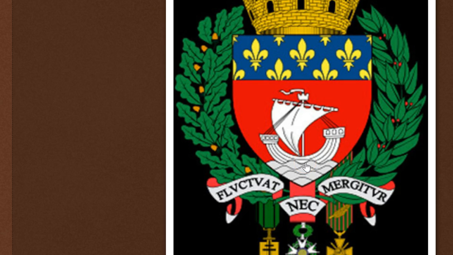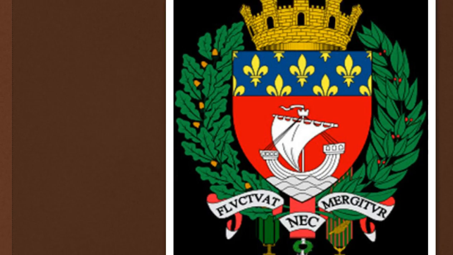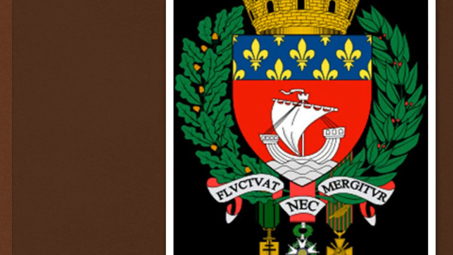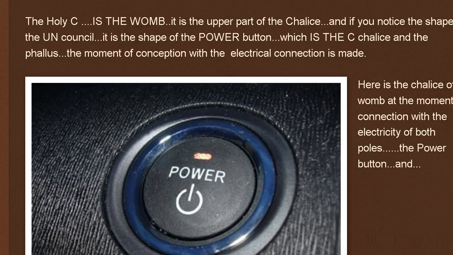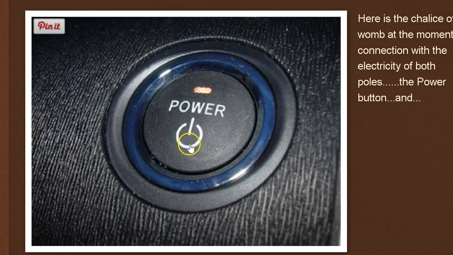I hope to show how in the chapel of the Sermon on the Mount there is the symbolism of the water of the Holy Mari, the sea of the sky, that precisely matches the hair logo of the Starbucks mermaid. The Holy Sea is the womb. It is the upper part of the chalice, and if you notice the shape of the UN Council, it is the shape of the power button, which is the chalice and the phallus,